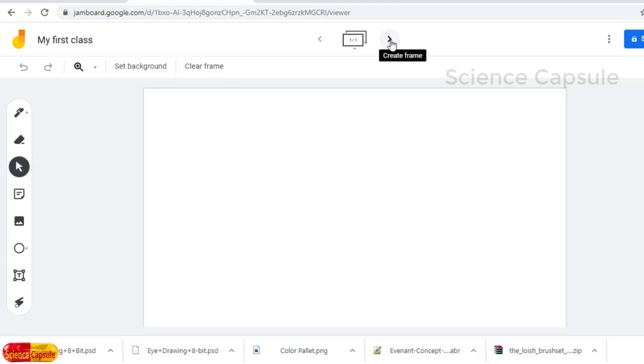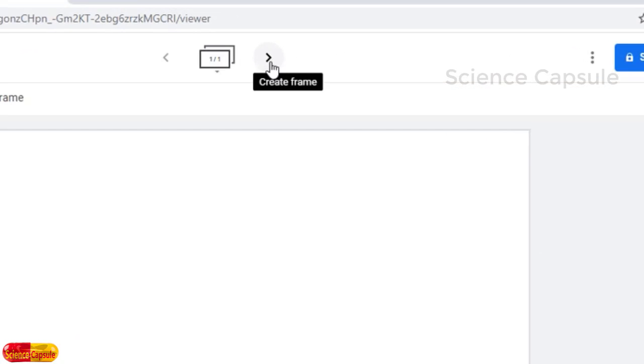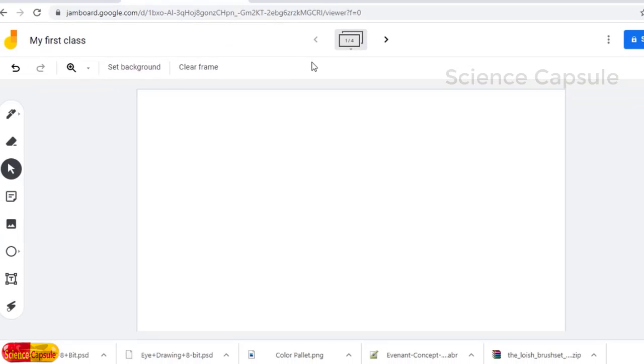So altogether you can use 20 such pages. Here we can think of this as a page. We can have 20 such pages, not more than 20 pages. So for the teaching learning process, each class or each Jamboard will have 20 pages. 20 pages are not less, right? So with more pages, you can have a very effective teaching learning process.